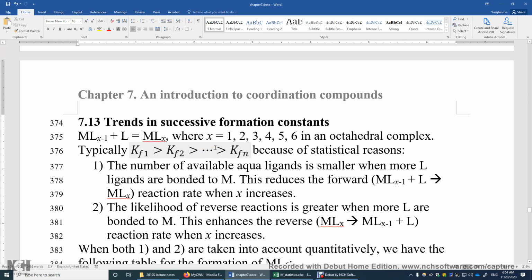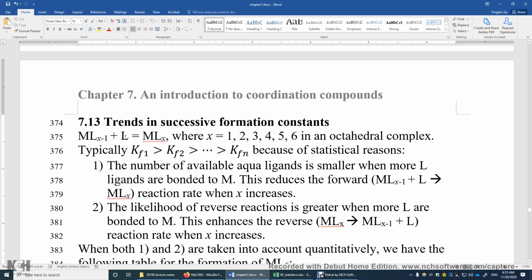Why is that? Well, naively, we would think in this Kf1, Kf2, Kf3, and Kf4, and so on, we are doing the same reaction. We are replacing one aqua ligand with one L ligand. So what's the difference? Well, seemingly, there's the same enthalpic effect. However, I want to remind you, when you have just a transition metal bonded to 6 water molecules, and then you are trying to replace one of the 6 aqua ligands with L,